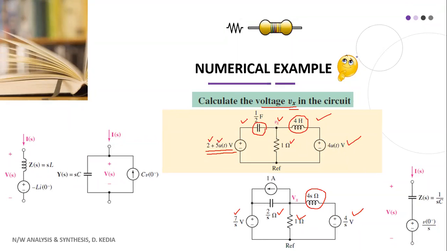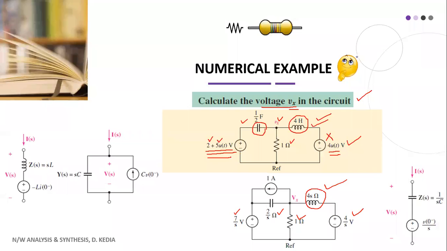So students, here you will have to apply your mind, because it is not directly given in the circuit whether there are initial conditions or not. By looking at the circuit carefully, we will have to see that. This voltage source is 4u(t), which means it does not exist before t = 0, at t less than 0. So it is an open circuit, which means across the 4 Henry there is no initial condition. There can be no initial condition. That's why it is 4s.